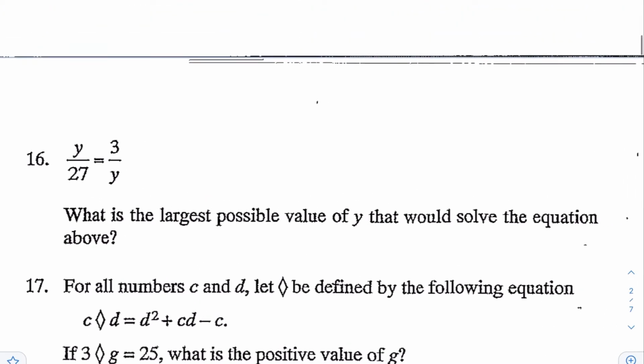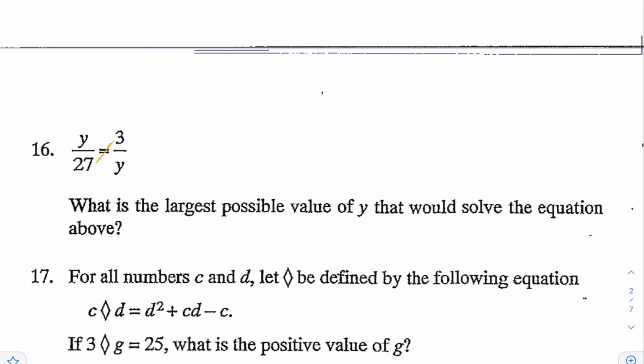For number 16, the question says, what is the largest possible value of y that would solve the equation above? So here you can see that you have two fractions, and when you have two fractions, you can cross multiply, because this is a proportion. That will give you y squared is equal to 27 times 3, which is equal to 81. So to solve for y, you can actually do the square root of both sides, but y could be equal to positive or negative 9. So the biggest possible value for y that would solve this equation would be